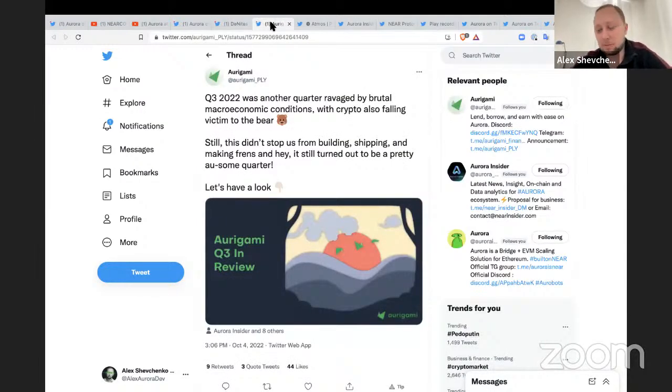Origami, the second biggest money market on the Aurora protocol, announced their review post on the Q3. By the way, welcome everybody to Q4, the last quarter of this year. So that was a very nice read. The first time they published a quarter review was with the previous quarter, and it was already a nice move. We encourage this type of publicity and openness for all of the blockchain projects, and obviously the Aurora ecosystem in particular. So take a look at this, all of the Origami users. I think this is an insightful thing.